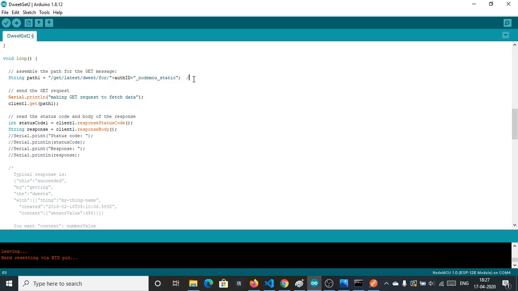Basically we are checking latest DoIT. This is the functionality of this URL. Making a get request to this URL is used for checking latest DoIT.